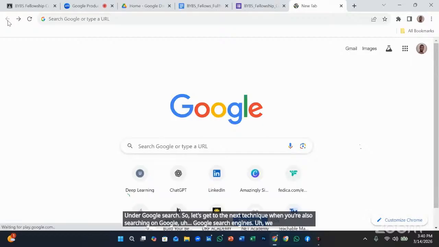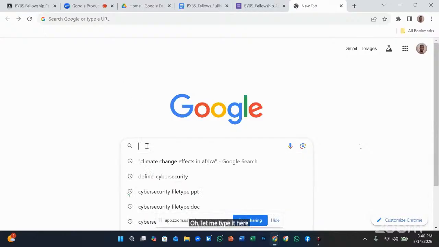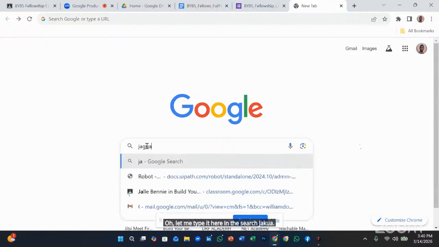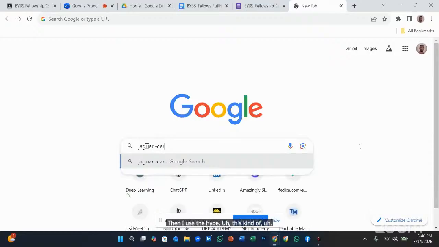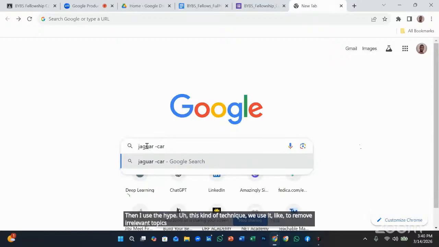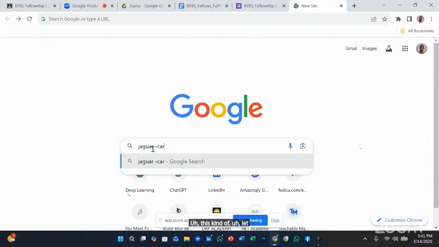We also use a sign, we say minus sign, or sometimes we call it hyphen in English. So for instance, I wanted Jaguar, okay? Let me type it here in the search, Jaguar. And then I will use the hyphen, maybe car. This kind of technique, we use it to remove irrelevant topics, okay? And also we use it in narrowing down search results, like you only wanted to focus on some results. Let's try to say,